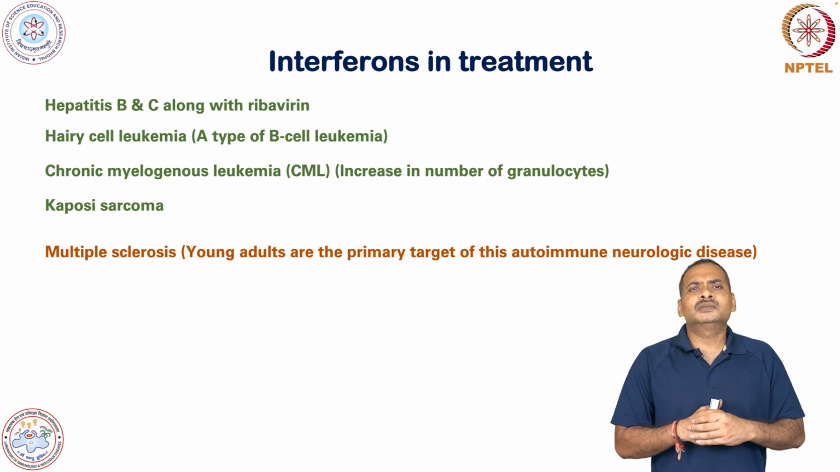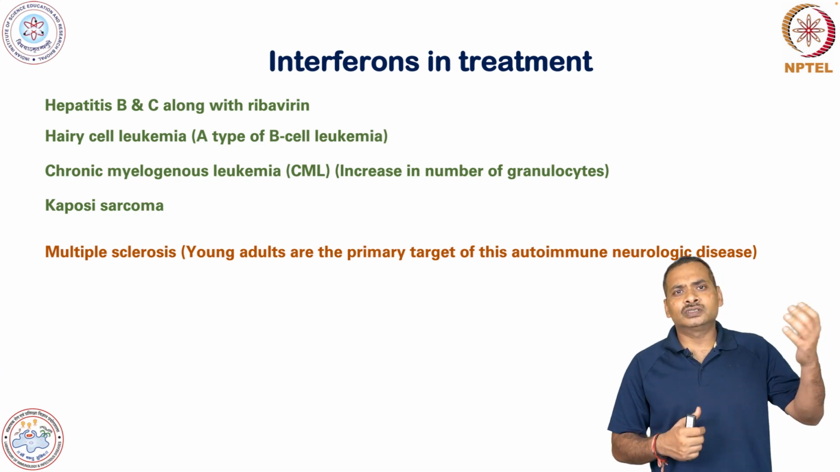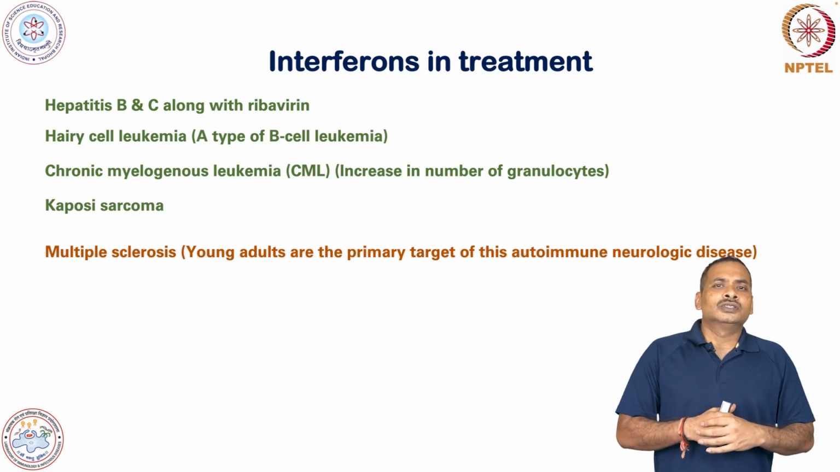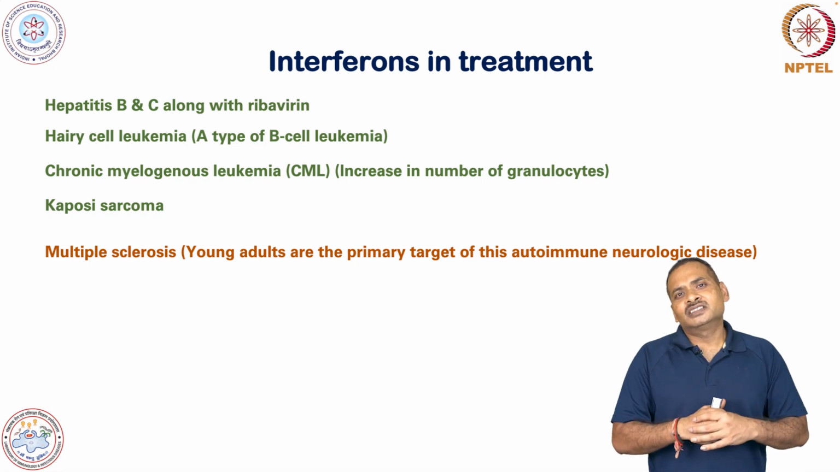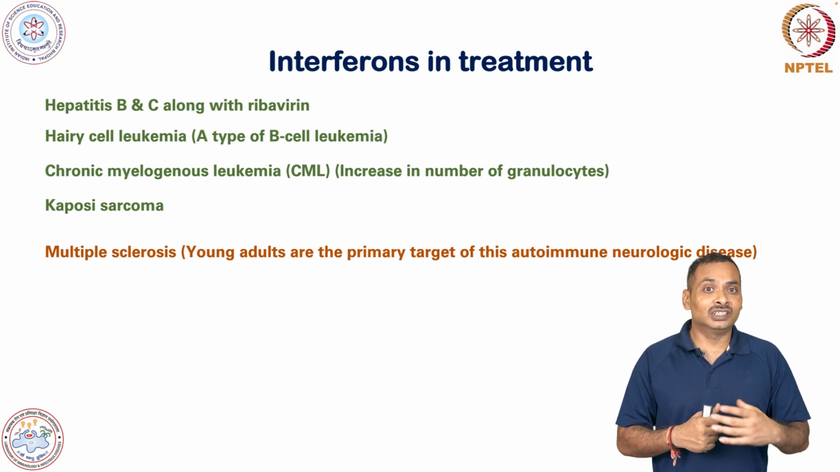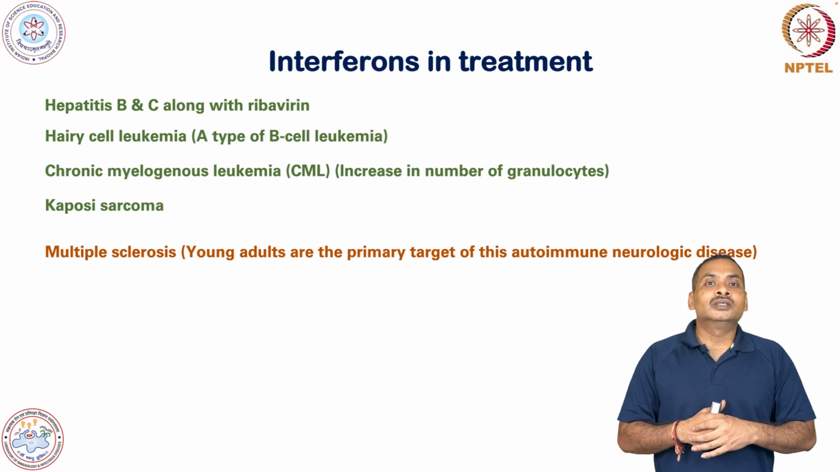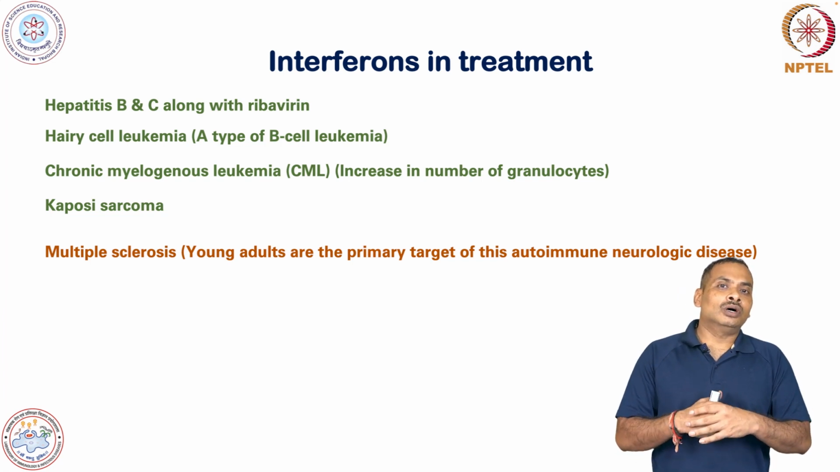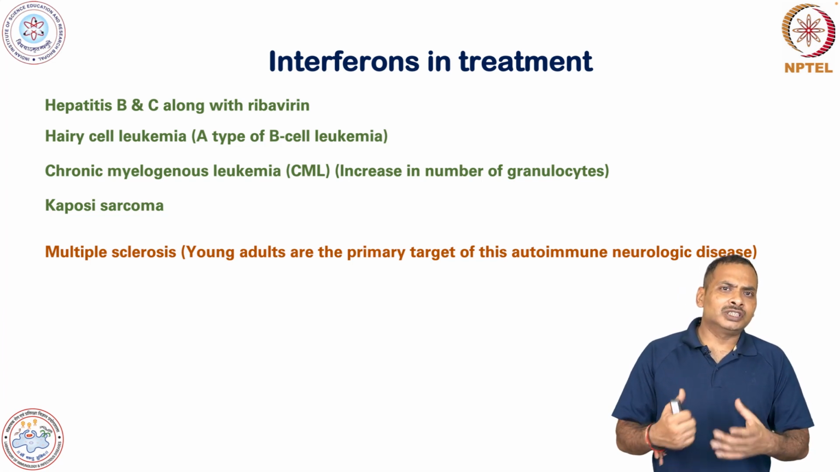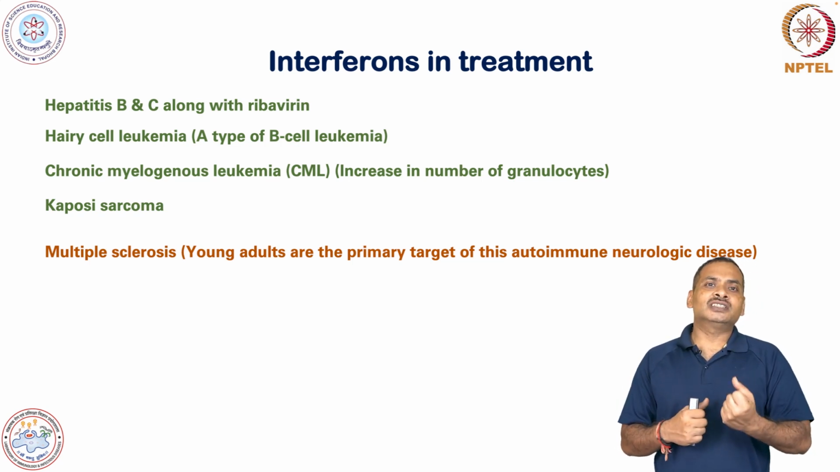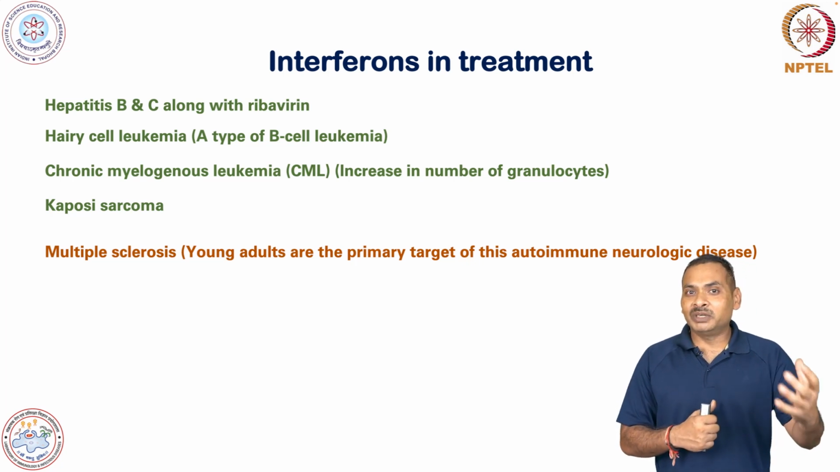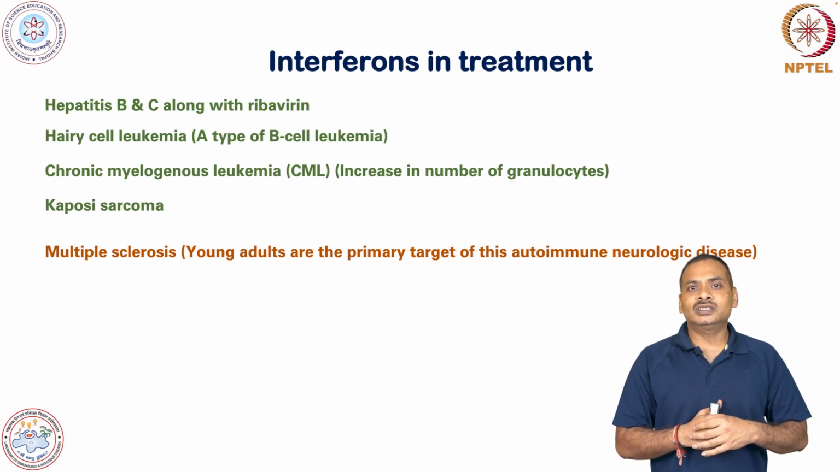Basically what happens, if you remember the structure of the neuron, there is a myelin sheath in the axon region. This myelin sheath is necessary for nerve conduction, and due to non-specific activation of immunity, our immune cells start damaging this myelin sheath, and then this disease